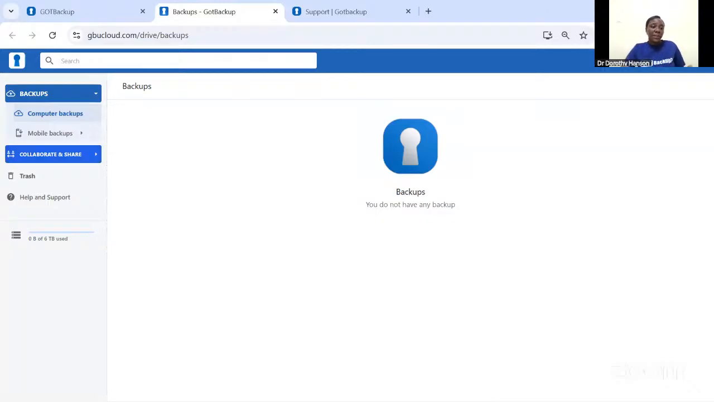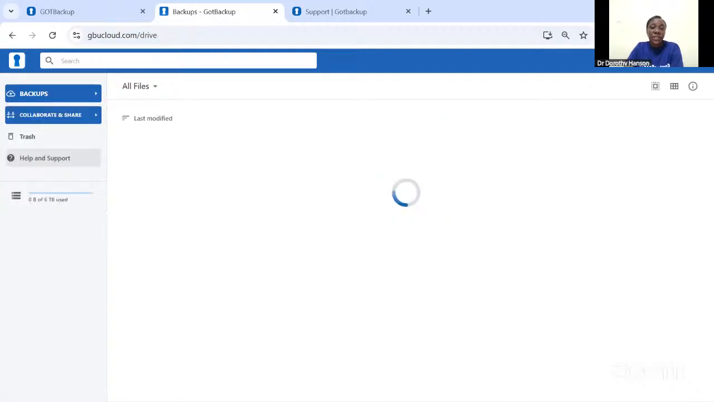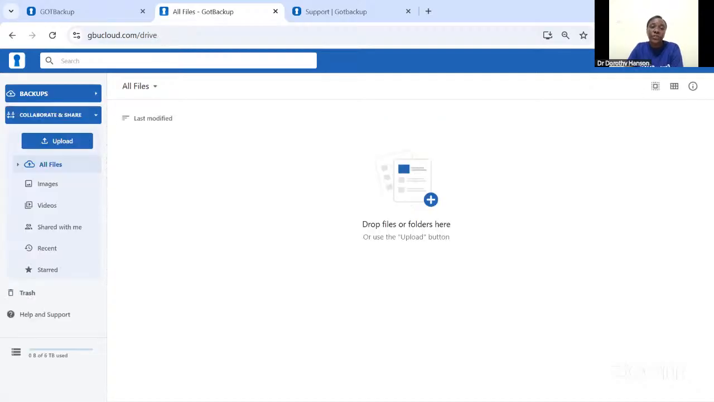If you want to upload something onto the cloud which is not automatically backed up from your systems, you come to collaborate and share. When you click on collaborate and share, it allows you to drag and drop. So maybe you can split your screen and drag and drop. But you can also go through this route, which I tend to use most. You go to upload. When you click upload, it asks you, do you want to upload a folder or a file? Files are individual documents, so maybe Word, PowerPoint, PDF,